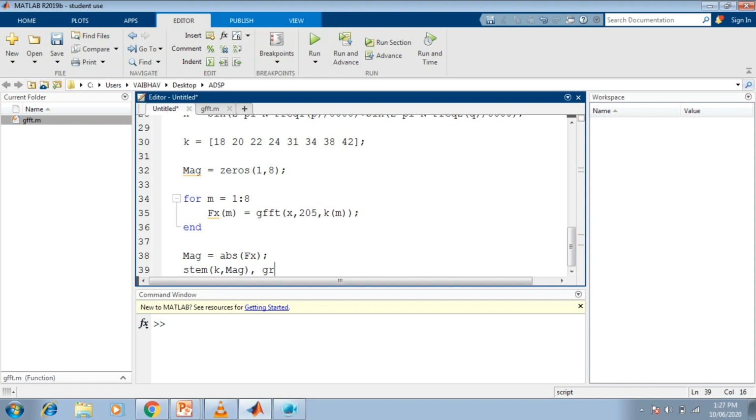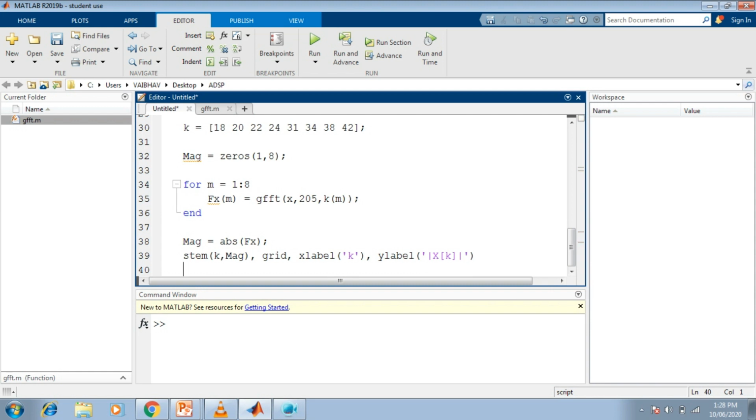We would like to have these in grid form, and also we would like to have labeling for them. So as we have x-axis and y-axis, for the x-axis we write the command xlabel and provide it with the number of endpoint DFTs, denoted by small k here. In a similar fashion, the y-axis we label for the magnitude. The magnitude can be represented with the help of mod, so here it is the mod of capital X as a function of small k here.